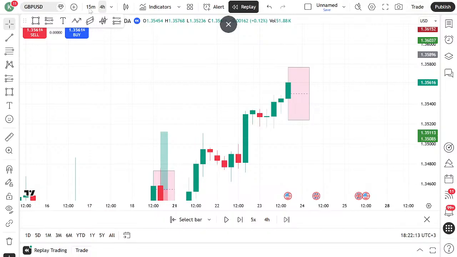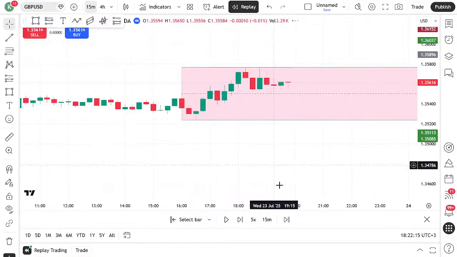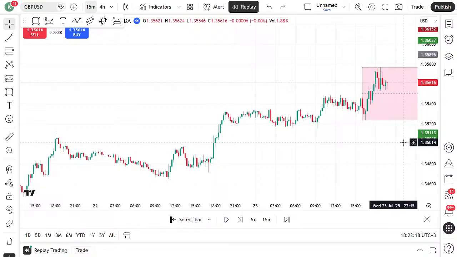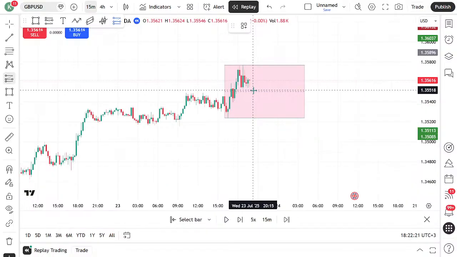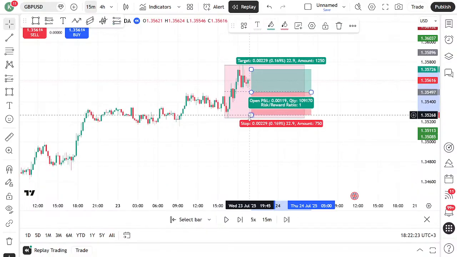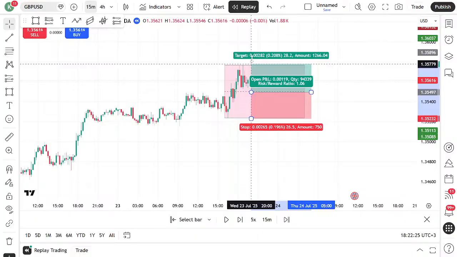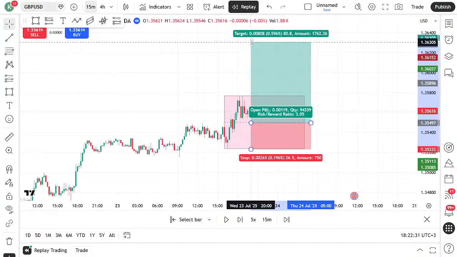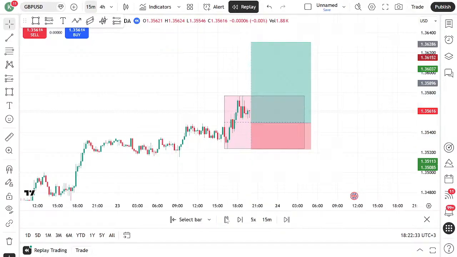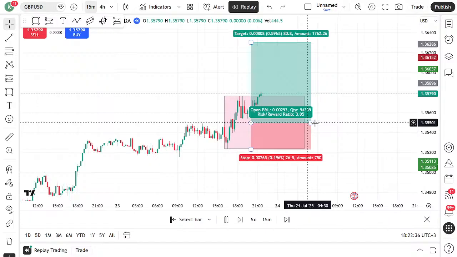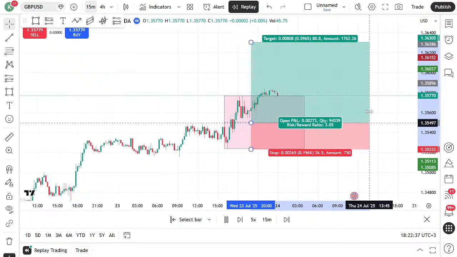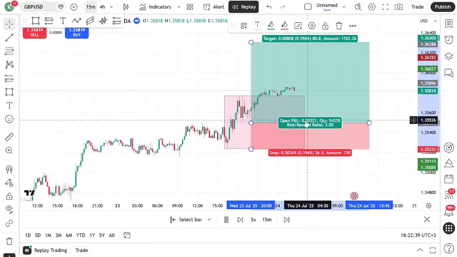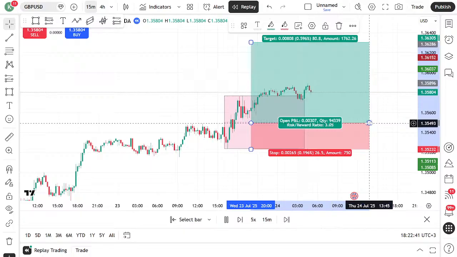So we're going to drop down to the 15-minute time frame. We're going to take the midline, stop loss being just below the 4-hour candle, and of course we're targeting a 1:3 risk to reward ratio. And let's see if any trades were triggered during this session. So this one ends around here,